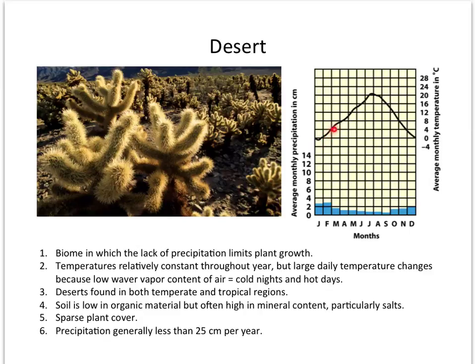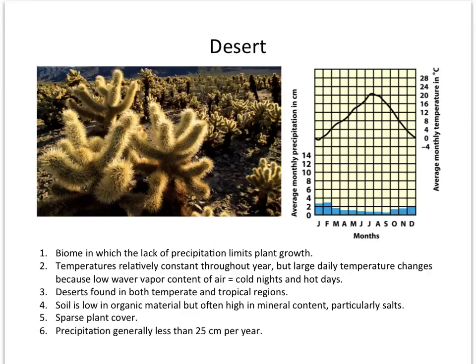There's low water vapor content in the atmosphere, and these are also typically characterized by high pressure systems or rain shadow effects. So you would have these in the Tibetan Plateau, on the east side of the Himalayan mountains, where you'd have very dry air, and you're going to get these desert biomes to develop.